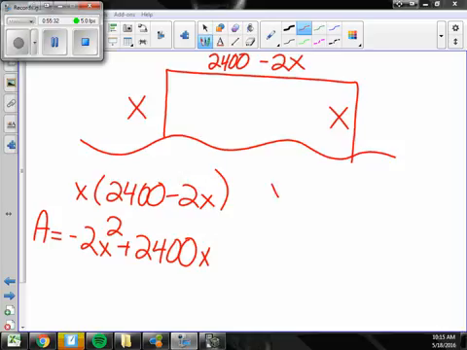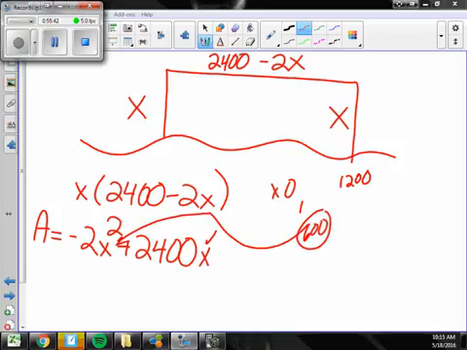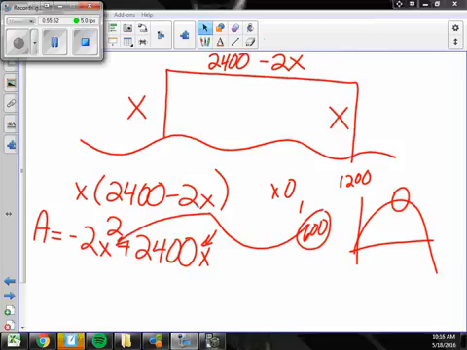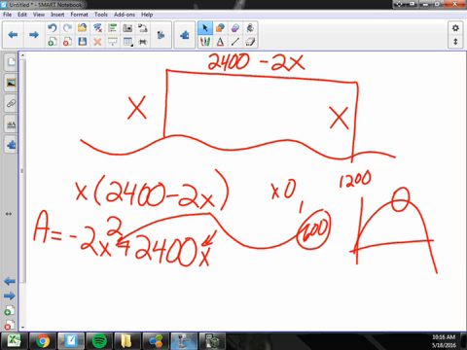The roots are 0 and 1,200. So it must occur at 600 feet. If you plug in 600 feet into there, you should get it. But just graph it. Find the maximum area. It's the average of the two roots. Okay. We've got